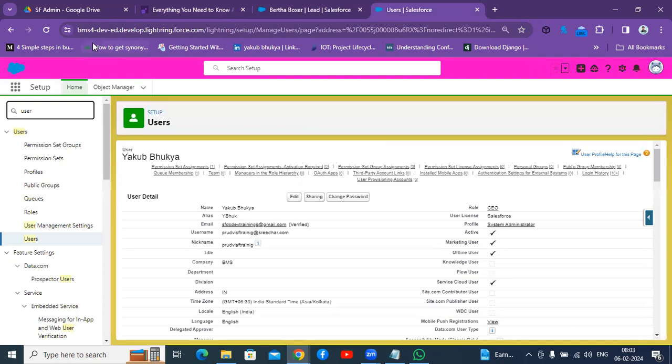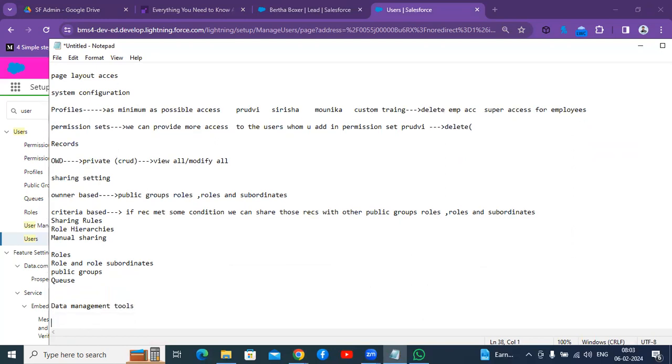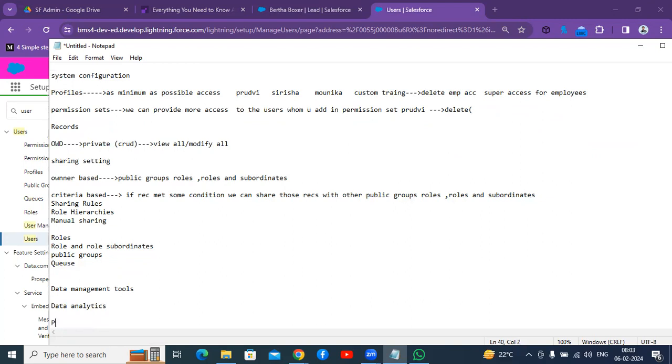Okay. The next concept is data management tools. Data security is done. We are left with three major concepts. First one is data management tools. Second one is data analytics and process automation. In this, process automation is a very good and very important chapter. We'll see tomorrow which one I'll start. Based on my interest, I'll start any one of these chapters. So coming to the data management tools.